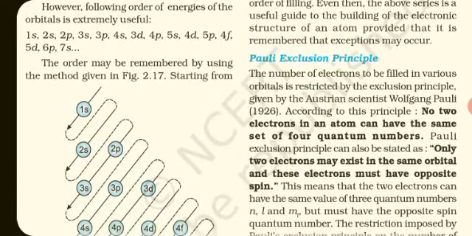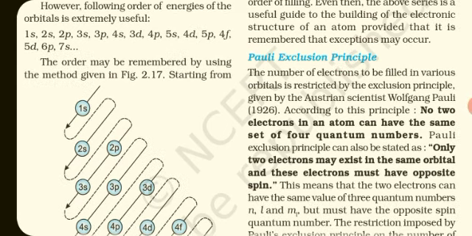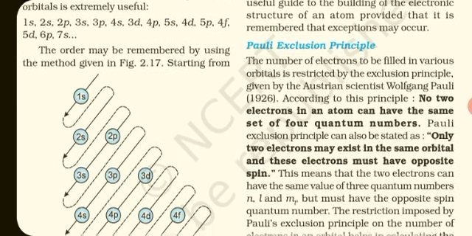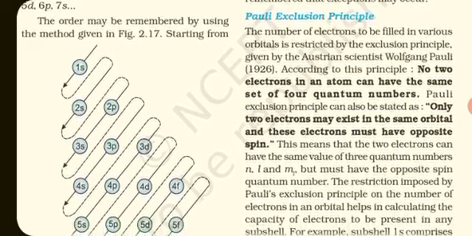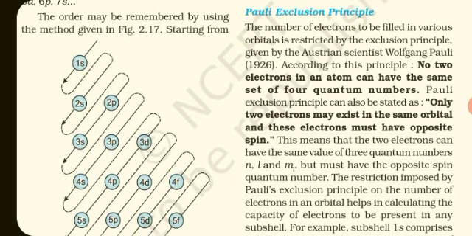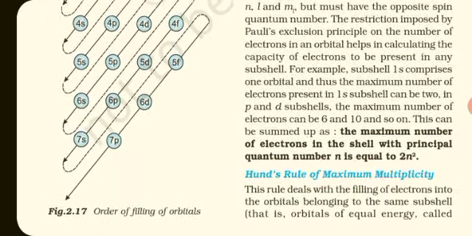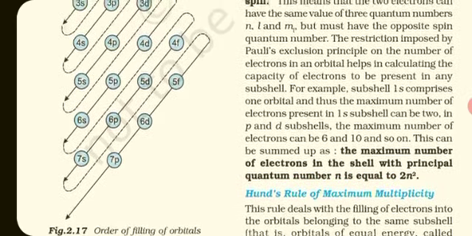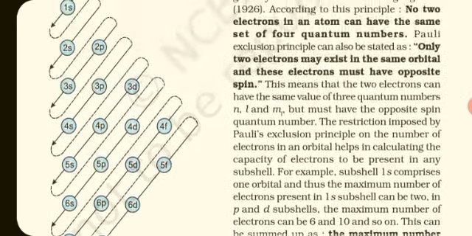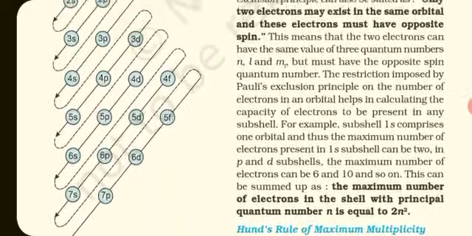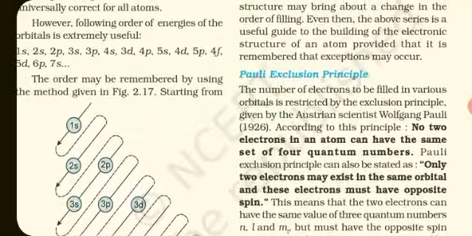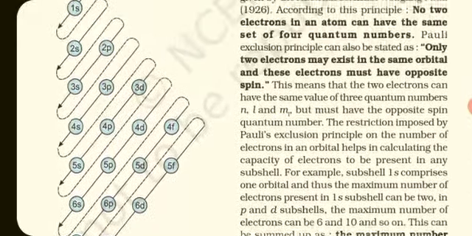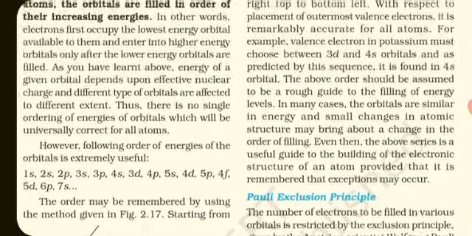1s, the electron first goes into 1s, then 2s, then 2p, then 3s, then 3p, then 4s, then 3d, then 4p. So try to remember this figure 2.17 and draw it in your copy many times. कई बार बना के देखिए तभी ये याद होगा. Figure 2.17. We'll see its application in future videos, to write electronic configuration.